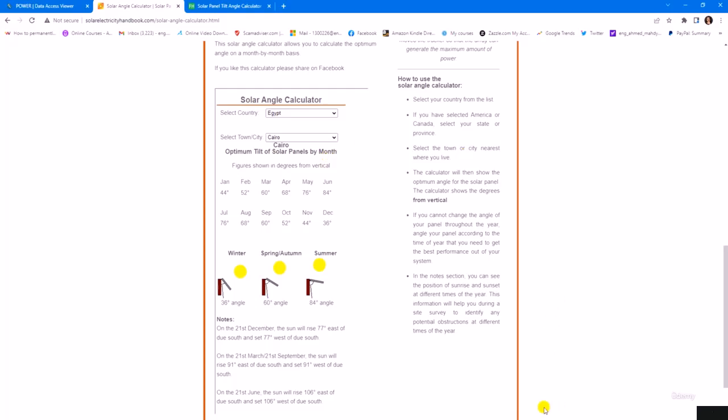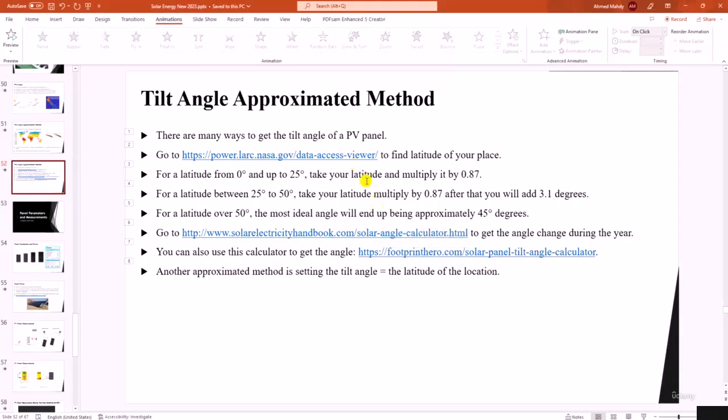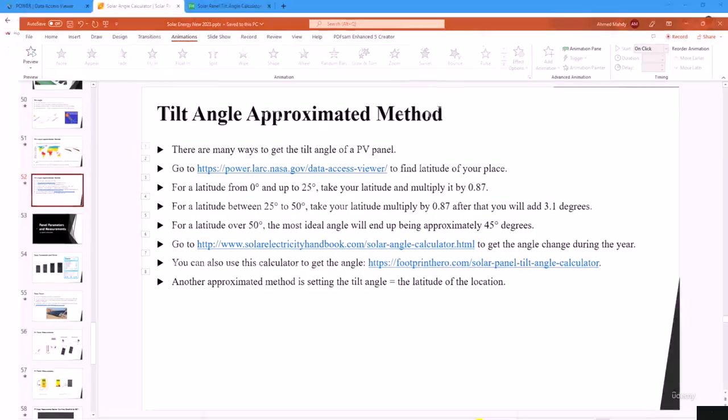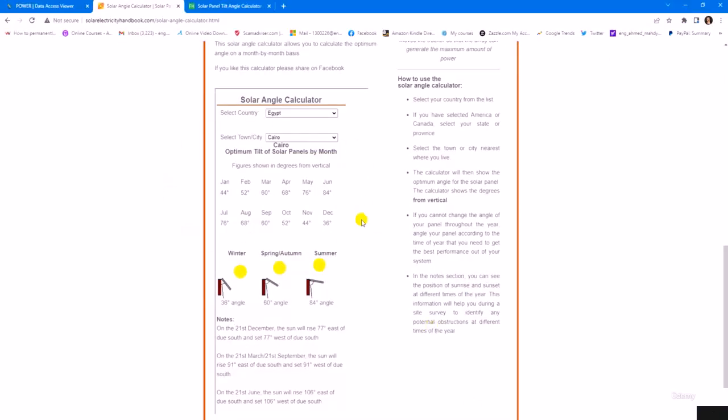The formula which I used here, and this one, gives you the optimum tilt angle for a fixed orientation, in case you don't change the angle at all. If you are changing the angle every month, then you can use this website. Now you can see this angle. What is this angle?